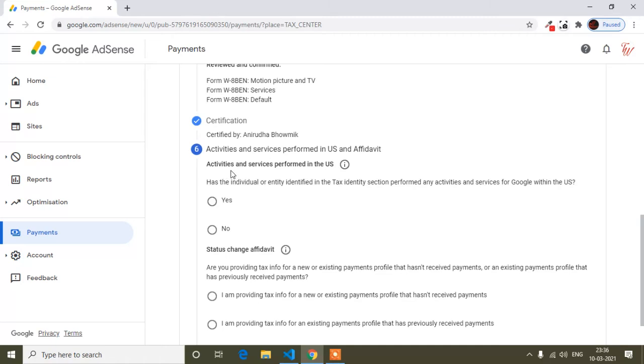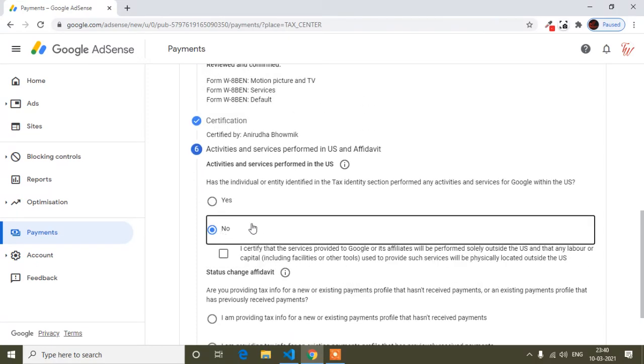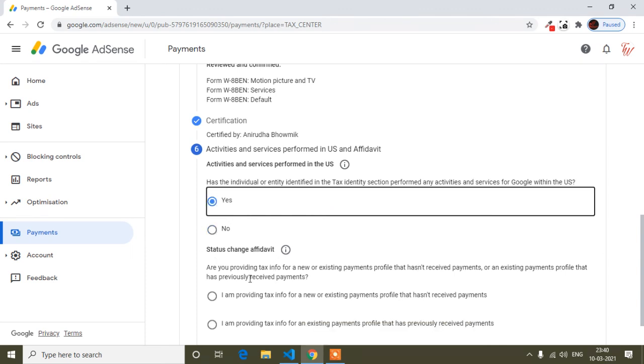And now here it asks whether services were performed in the US, whether the individual or entity identified in the tax entity section performed any activity. So guys, here you just have to click no, because I'm not from the US. If you are from the US, you can click yes.